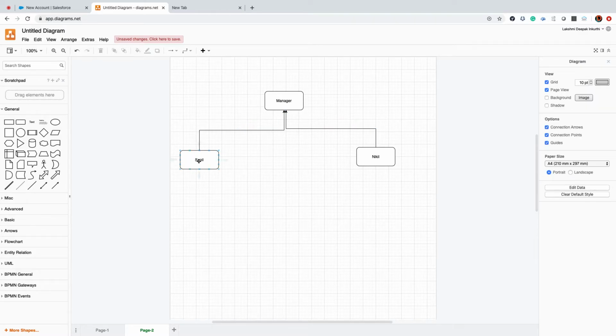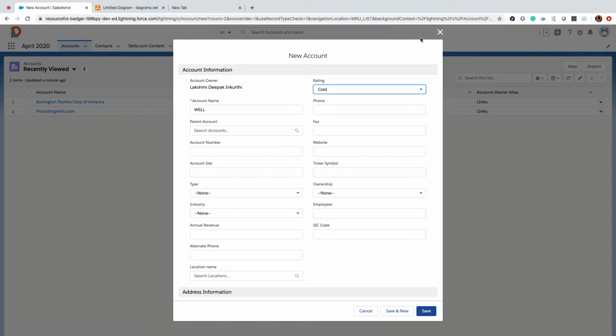But if Sunil creates any record, it should not be shared to Nikhil. If Nikhil creates anything, Sunil should not be able to see that information. Clear? Yes, Deepak.